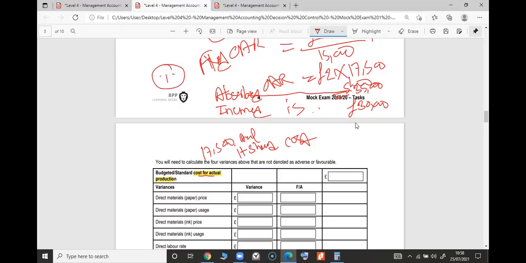Over absorption, happy or sad? If it's over absorption, you are happy. Good. So it's a profit for you. 5,000 good, more profit. Is this the volume variance? Omid is saying yes. Omid, it's an overhead variance. Yeah, it's because of volume. The more you have produced, the more it is giving you savings in fixed cost.